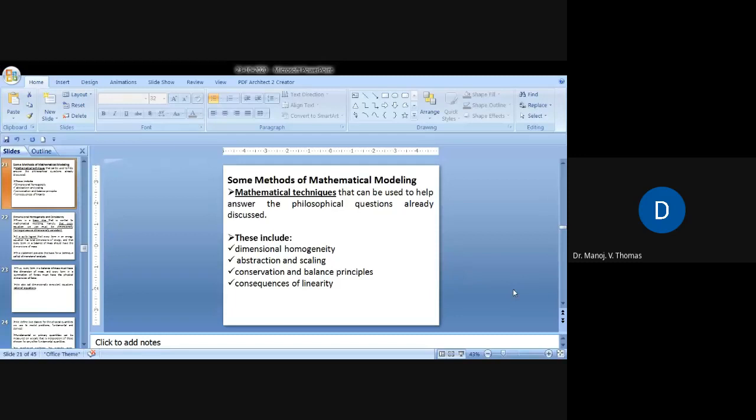Yeah. So today we will see mathematical modeling. We will continue the discussion of mathematical modeling. In the last class we discussed that mathematical modeling has mathematical principles and mathematical methods. As we discussed in detail, the various mathematical principles were actually phrased as some questions.